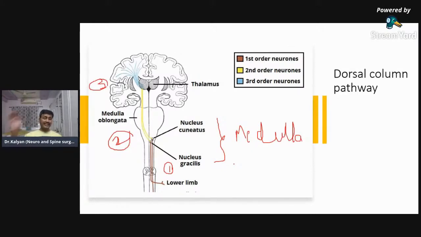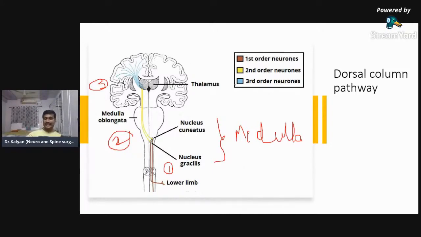What are the names of the receptors that carry various sensations? There are many receptors. There are Merkel's, Ruffini's, Krause's receptors. So each receptor has a different function. Meissner's are the pressure receptors. Ruffini's are the receptors for hot. Krause are the receptors for cold. But all those are theoretical receptors. In our clinical practice, they are not very important. So I'm not going into the names of the various receptors.